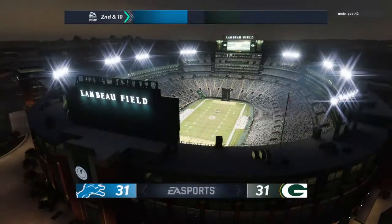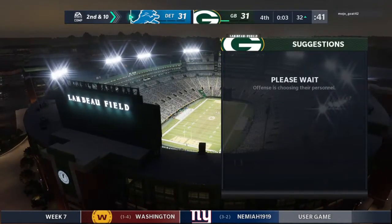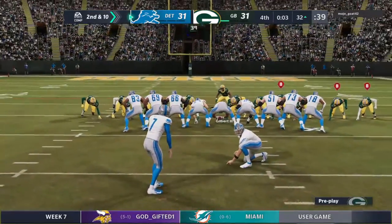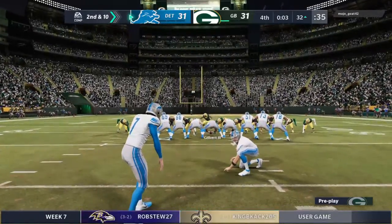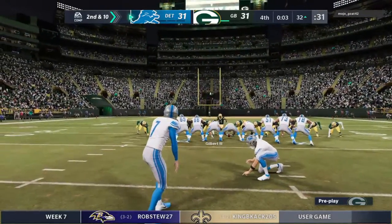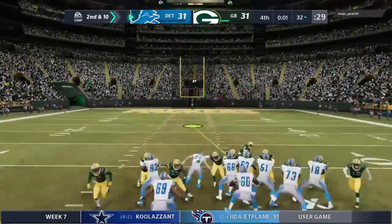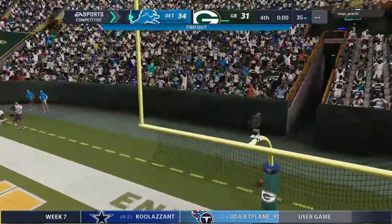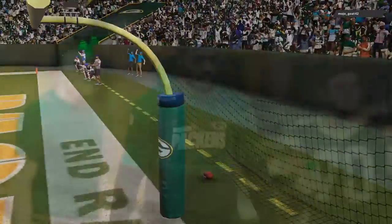And now it all rests on the right foot of their kicker. The whistles blow with 3 seconds remaining. And now this game's going to come down to the right leg of their kicker. With 3 seconds to go, this for the win. And his kick is good. From 49 yards away, he nailed it. And the Lions are going to